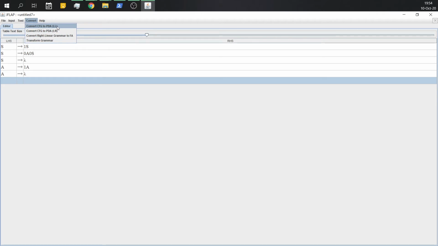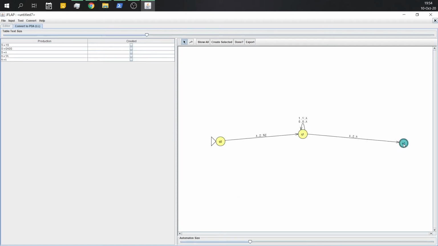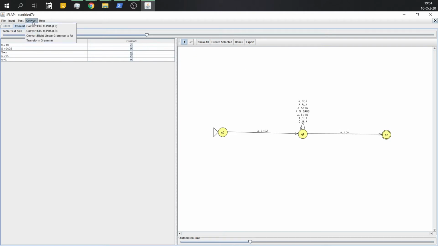So click on convert CFG to PDA LL. Then click on show all. Show all will display all the transition rules. Also click on convert, then convert CFG to PDA LR.